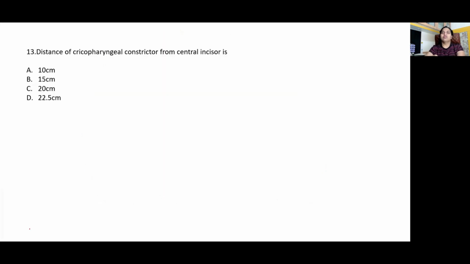So moving on to the 13th question. The distance of the cricopharyngeal constrictor from the central incisor is around... 4 options are given and the answer is...